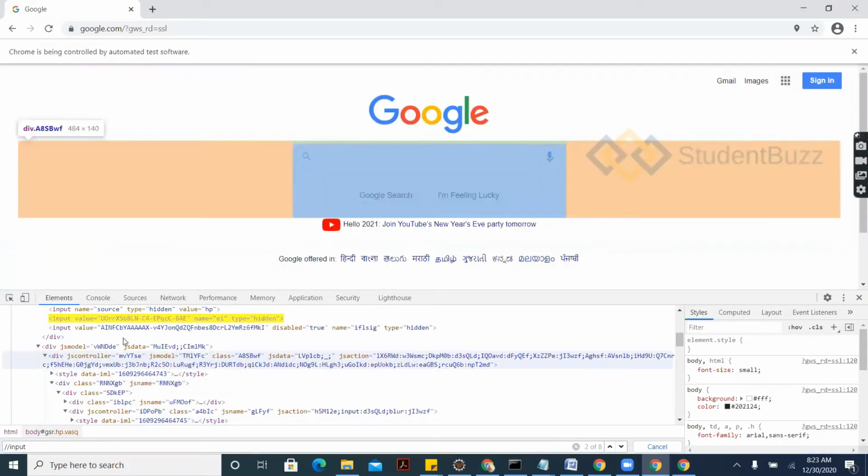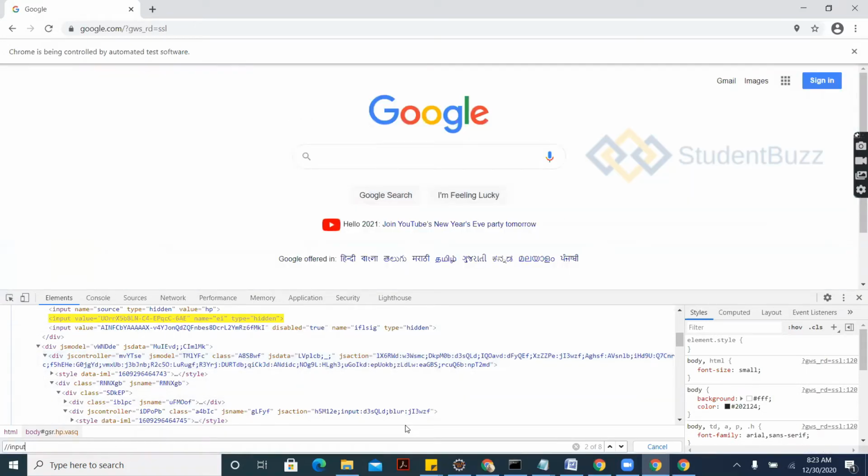The same input is finding 8 elements. So findElement was doing the operation on the first DOM element in the page, the first one which is identified in the DOM. So findElements is going to get the whole list of elements of a similar kind. Whatever we have as input tag, there are 8 elements in this particular page. All 8 elements are going to be printed or listed.